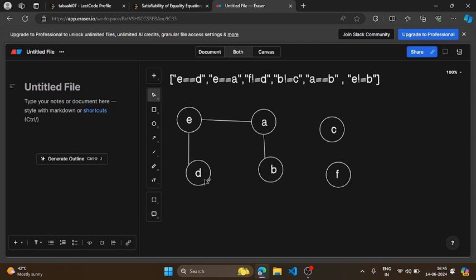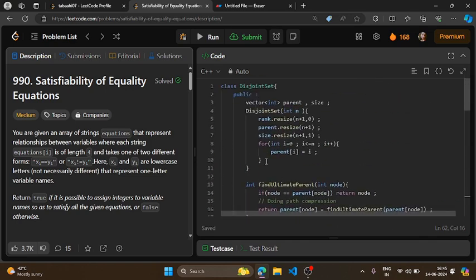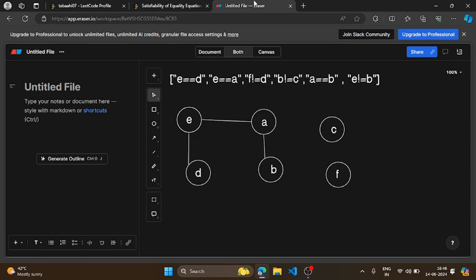Yeah. So instead of DFS, we will be using union find. This is the disjoint set algorithm. Here it is possible for me to just simply identify if I can reach a particular node from a particular node, right, in a constant time. So I will be using this algorithm.